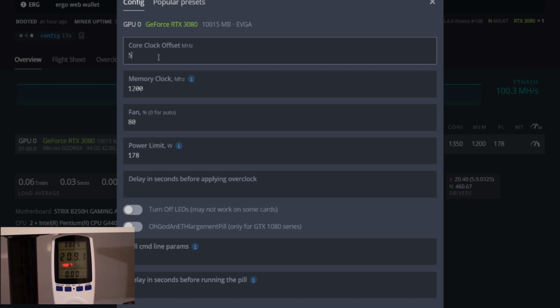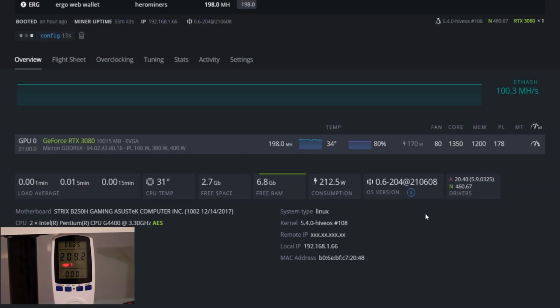No absolute core, put in 500. Now it'll only use the voltage required to run the core at 500. Now if it's less than what this thing can even run at, then the card will just crash. But yeah, in order to up this wattage, I am going to have to up my core to match what